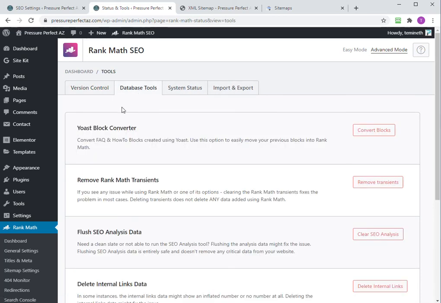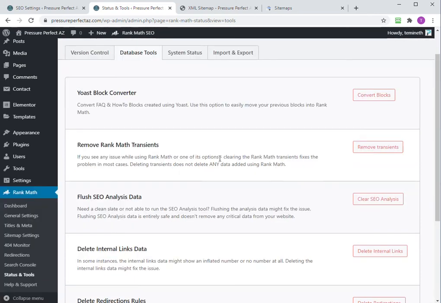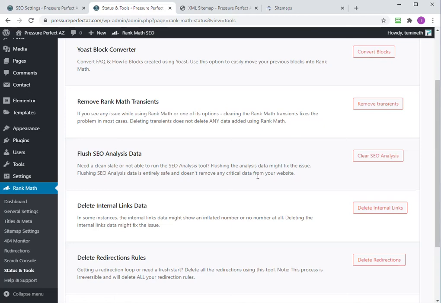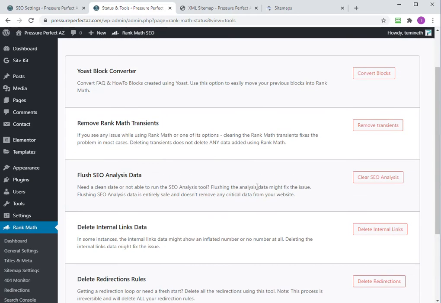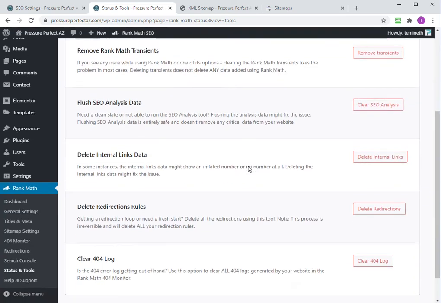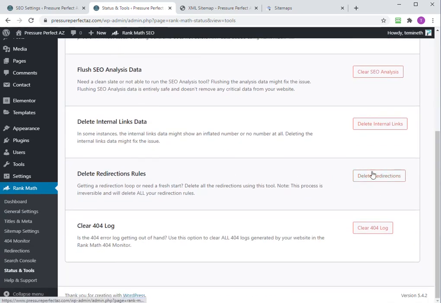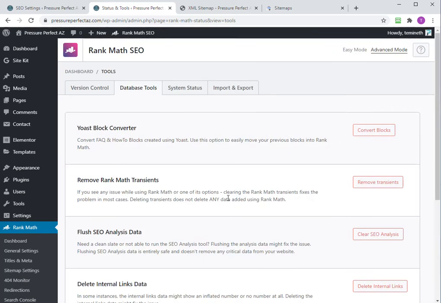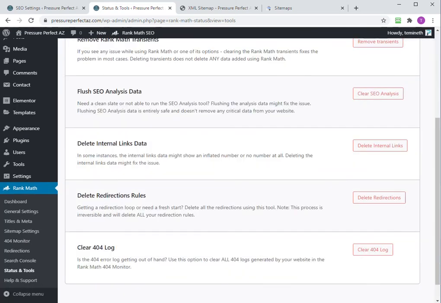You can, for example, use the Yoast block converter. If you were using that, then you can convert blocks, remove transients, flush SEO data. I would only use that if your site's horrible with SEO and this will force you to redo every single page. I don't advise it. I wouldn't delete the redirection rules or clear the 404 log unless you fixed everything. That's pretty much it. It's a pretty straightforward, easy way to do